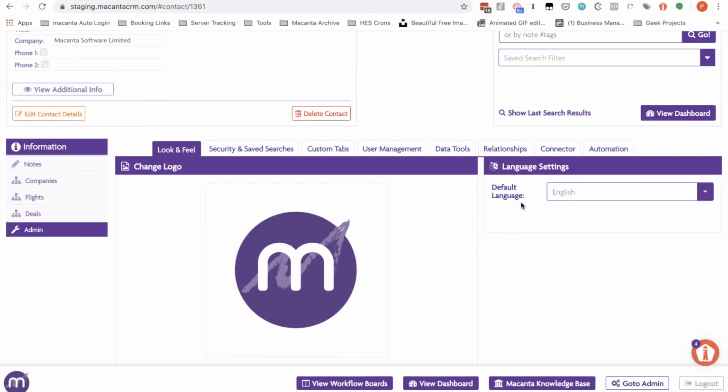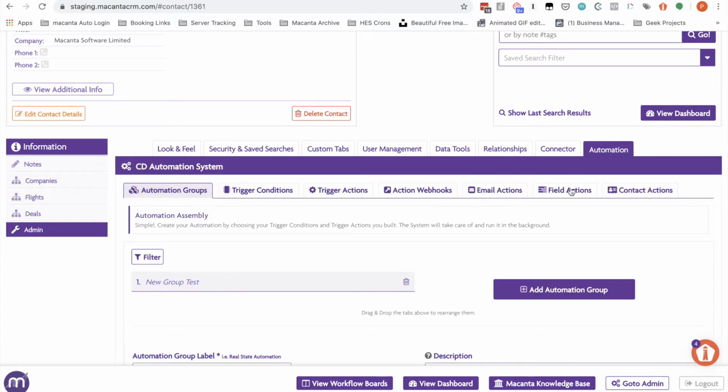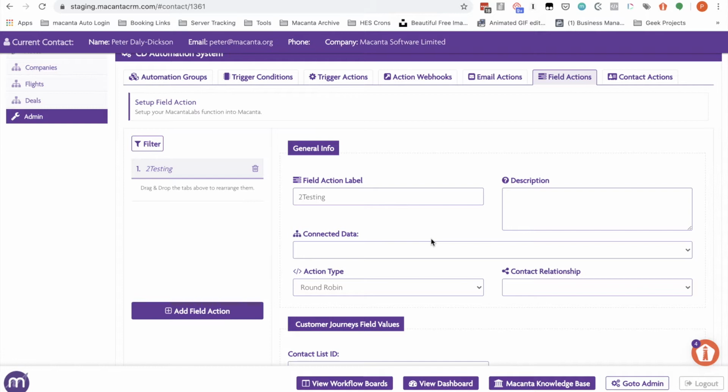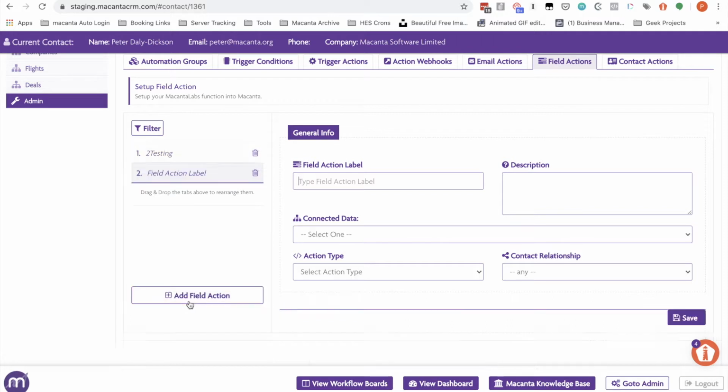So let's have a look at another component of the automation in Macanta, and this is where we have field actions. So under automation again, we have a section called field actions, and that's another way how you can manipulate fields in different ways and their values. So let's say we create a new one here